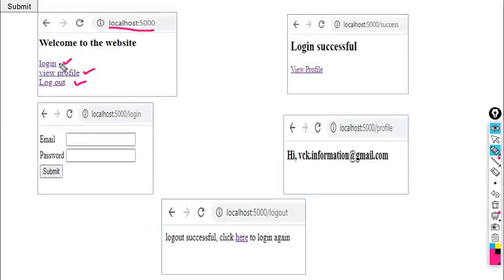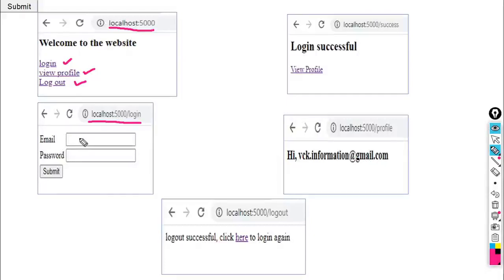Suppose you click on login, then you will get this URL automatically. This link will provide you the next URL.